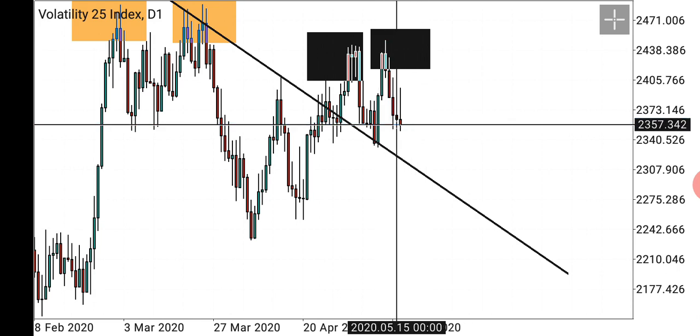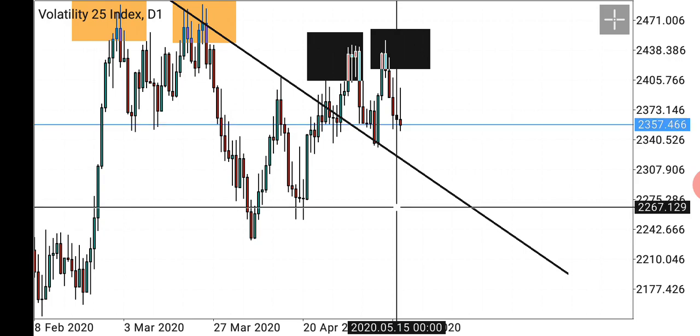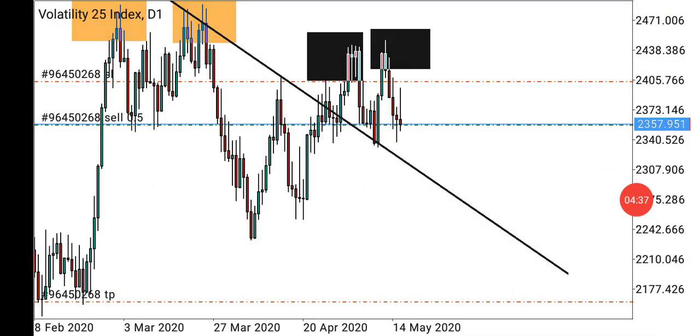But we are going to take a trade now from this point. We are taking a trade here now. Let me take a trade. Okay, as you can see here, we have taken a sell trade already. As you can see, this is a very good trade. If it hits our take profit, we are going out with some massive profit. While if it takes us out at stop loss, we're going to be going out with just 1% of our capital. We are risking just 1% of our capital on this trade.